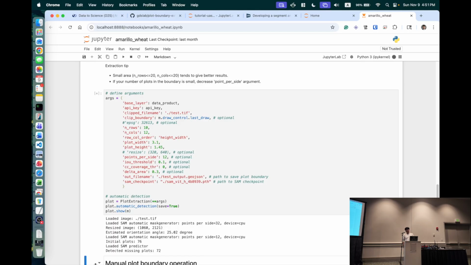I don't think I've ever run this on my laptop before. How does it manage the rotation angle? It is the rotation of the whole rectangular polygon. I think more detail is included in the paper, but basically, based on the initial detection, we try to detect what is in the row and column direction. Based on this, we try to estimate what the rotation is going to be. Still working.